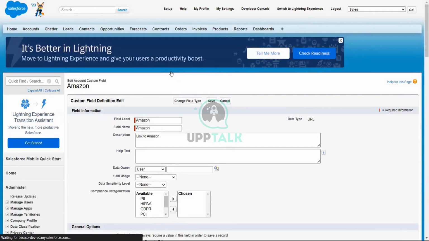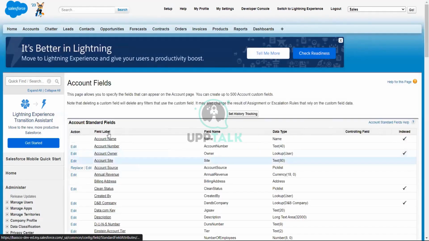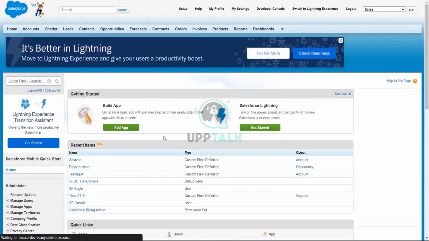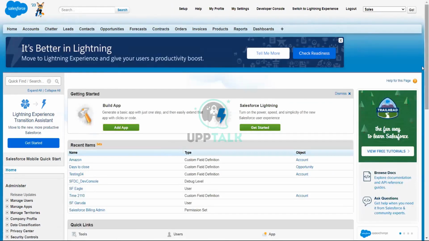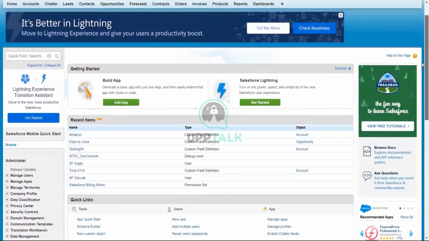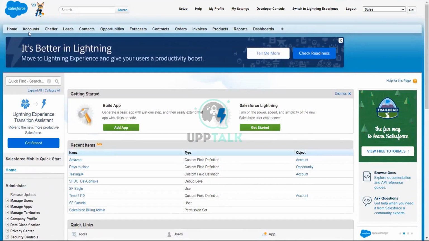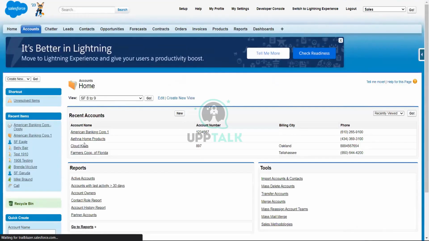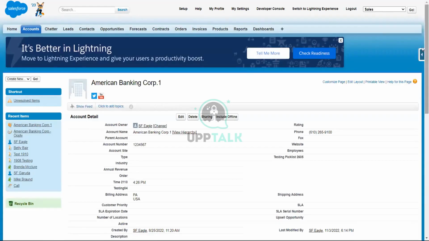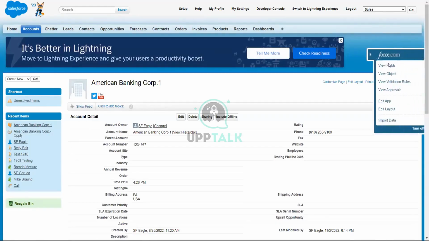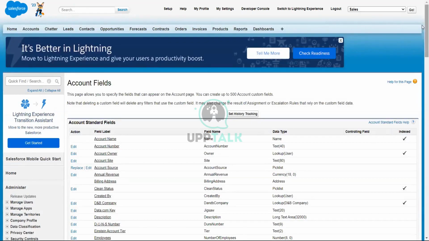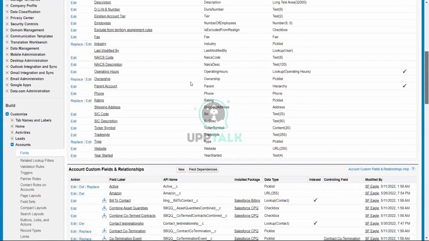In these different data types, whatever we have, you can select the one that is required based on the business requirement, and according to that, you can display whatever is needed